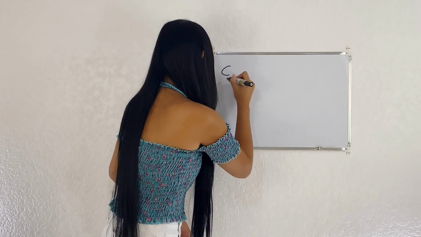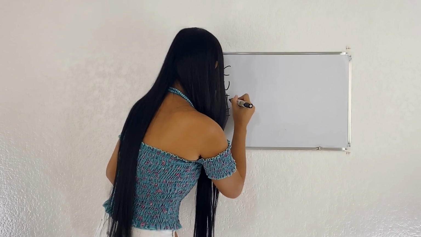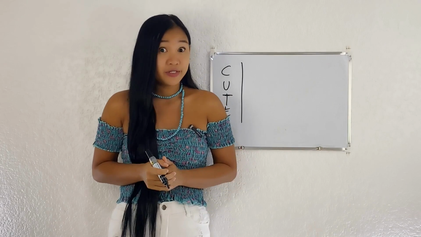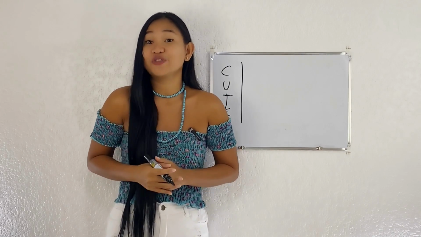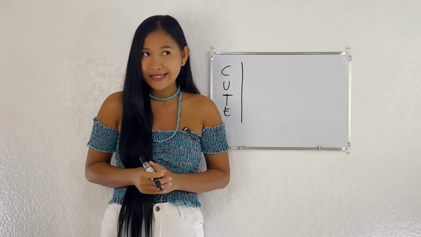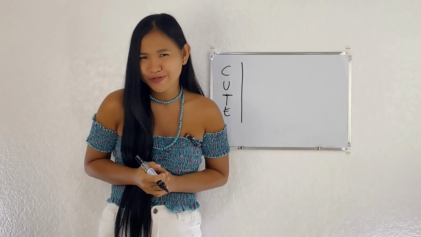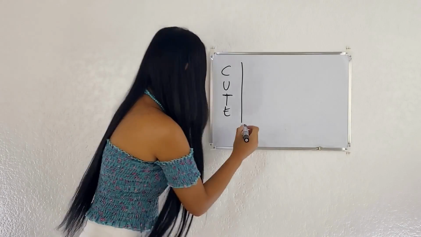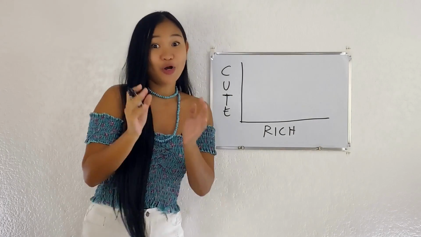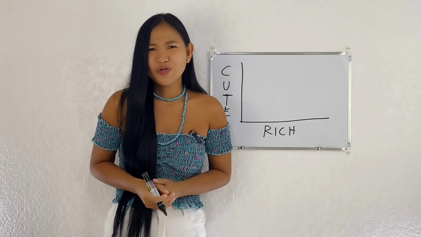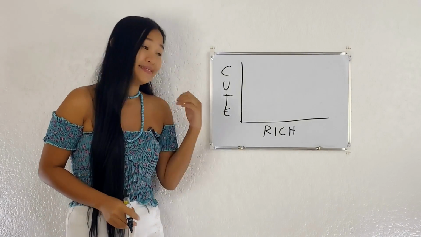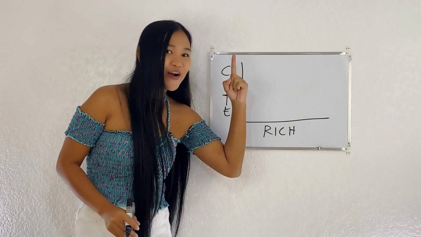On the y-axis, we have cute, which is easy for a Filipino to determine visually. It includes the number of chins the man has, the thread count on the top of his head, and the proportion of his other attributes. Then at the x-axis, we have rich, which is also called the treasure measure, which is simply a total of his liquid assets. Now, this graph is also known as the depth of pocket, size of rocket chart.